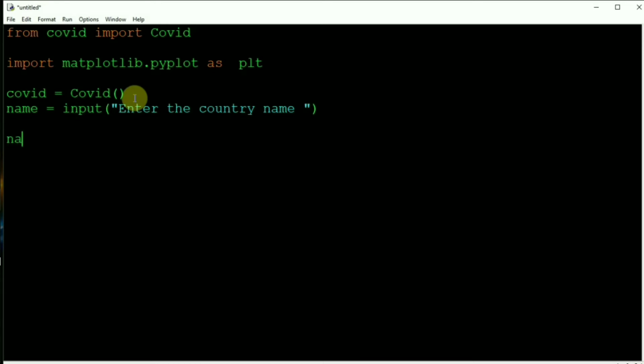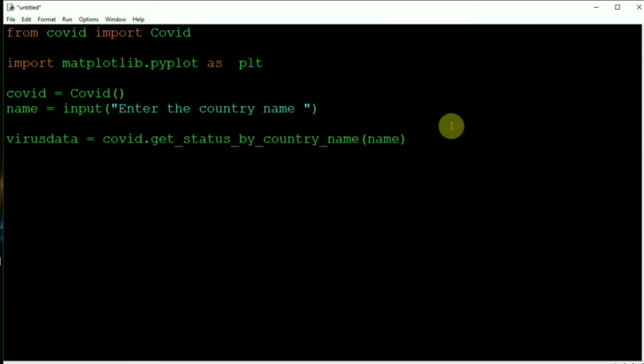What next I'll do, I'll write names. First of all, I want data for this particular country. So virus data equals to, the function is you write this variable covid, then write dot, then the next thing you need to write is get_status_by_country_name, and inside the braces you need to write the name.